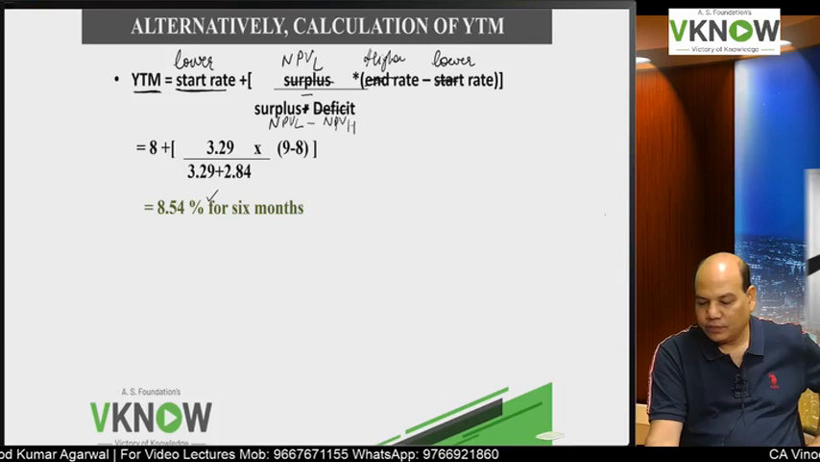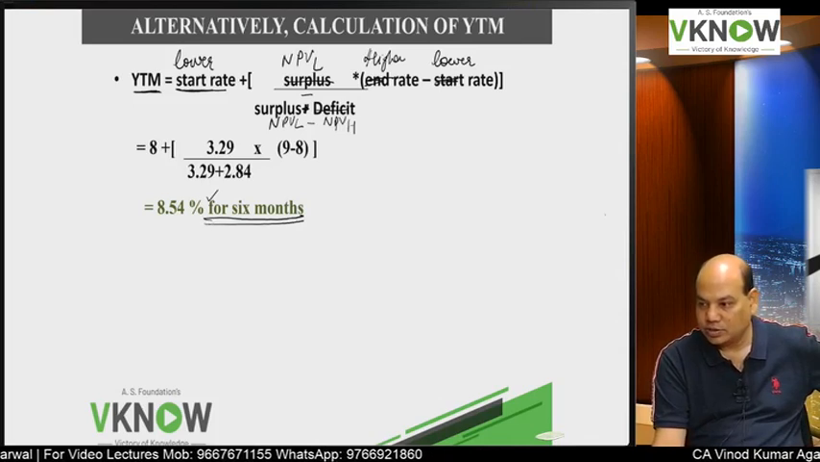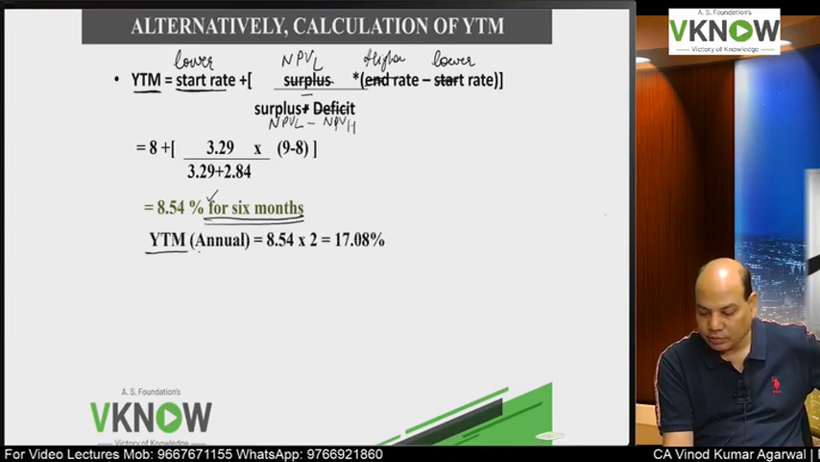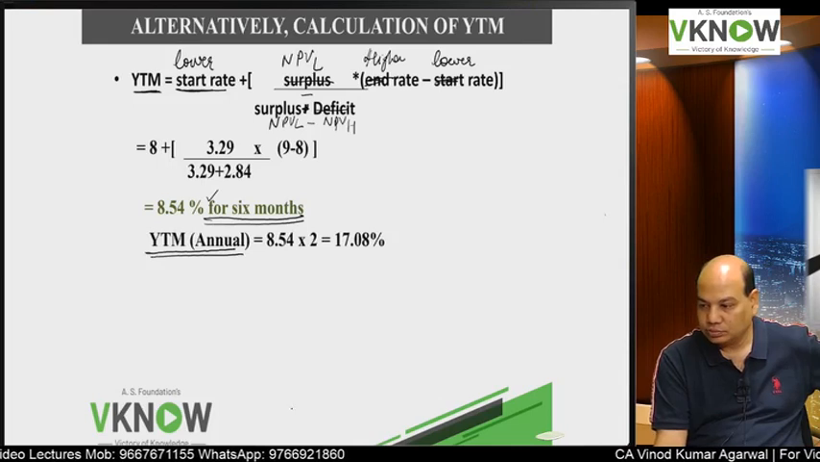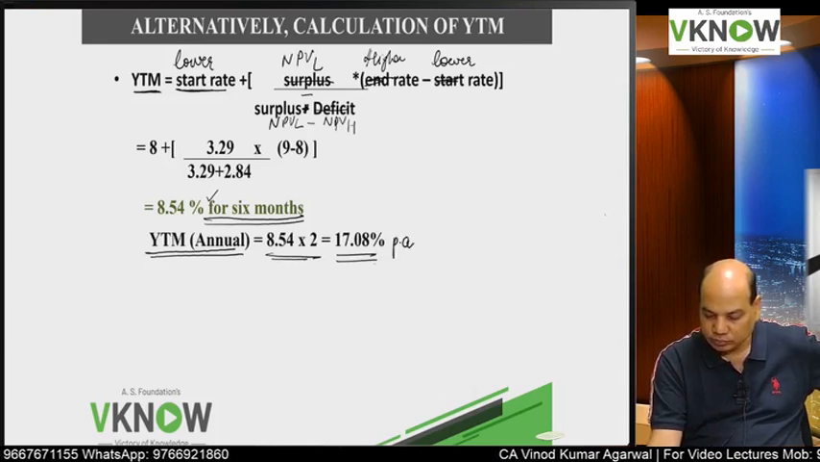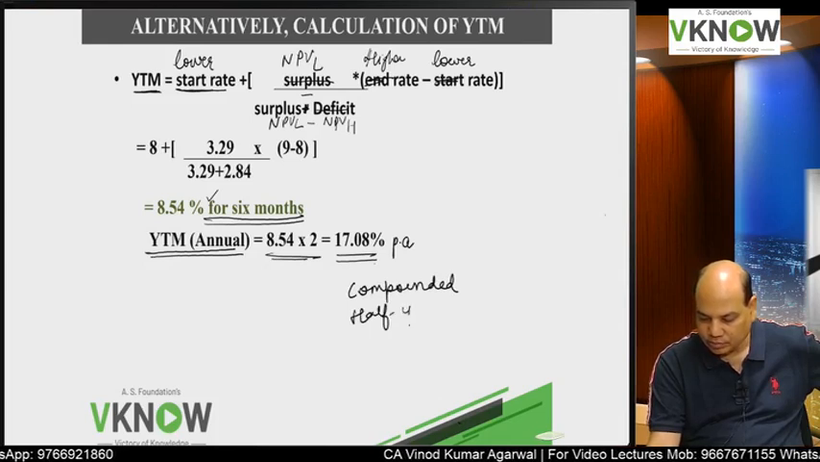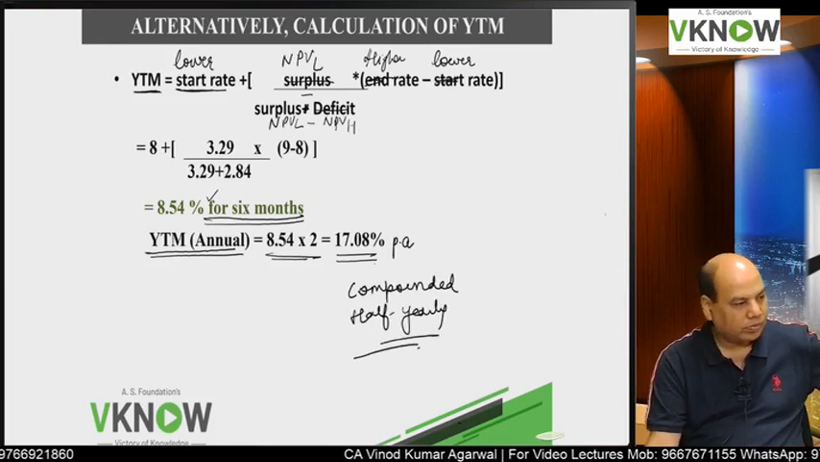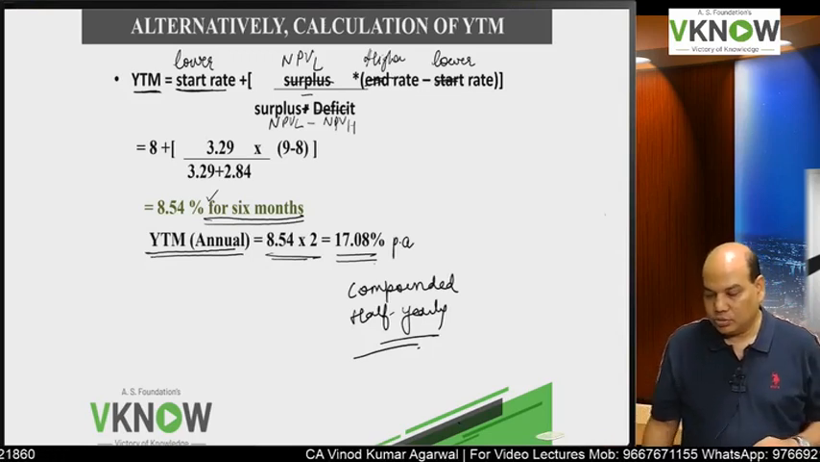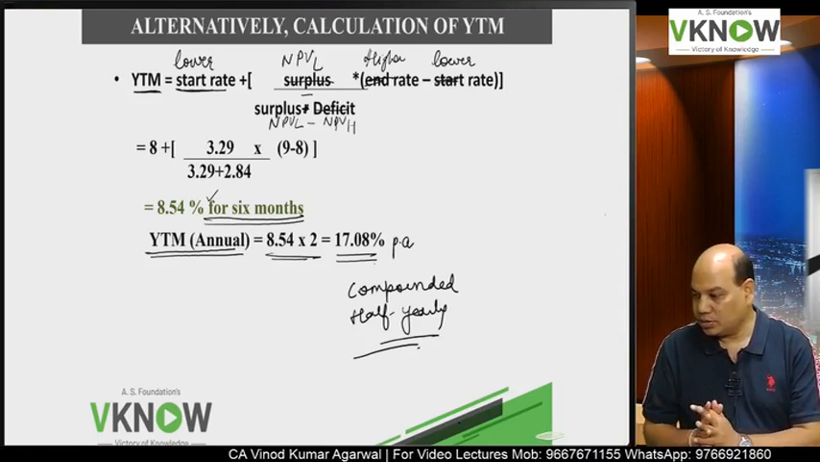So you are getting 8.54%, but that is for 6 months because we have done all calculation for 6 months. So you will write YTM annual is equal to multiply by 2, 17.08% per annum, compounded half yearly. So using this IRR technique, my answer is 17.08, whereas